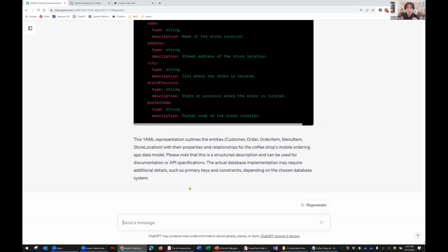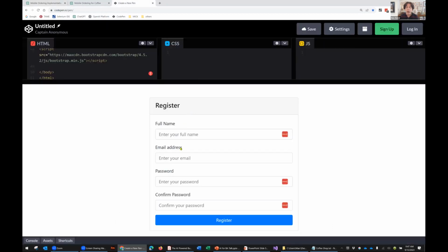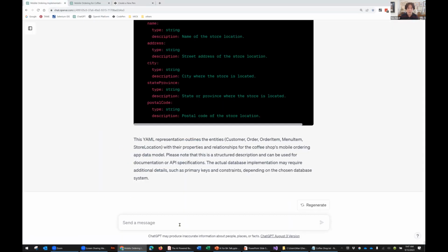Okay, finally, one last particular thing here, and that has to do with the management of changes. Now, when we come back over here and we look at the UI, we see we have a name, we have an email address, we have a password, but I also need to have a phone number for registration. Oh, can you add the mobile number for registration and keep it with the customer profile?